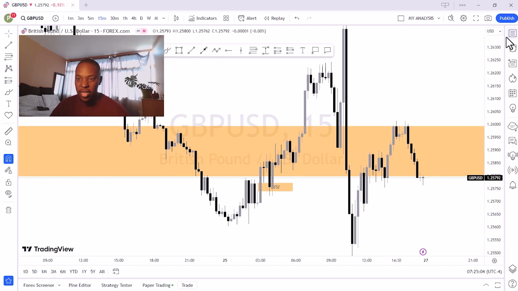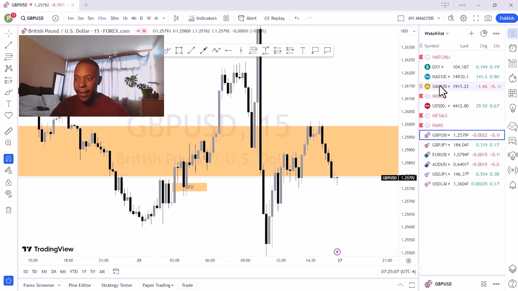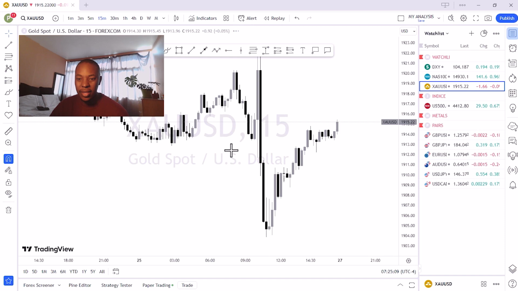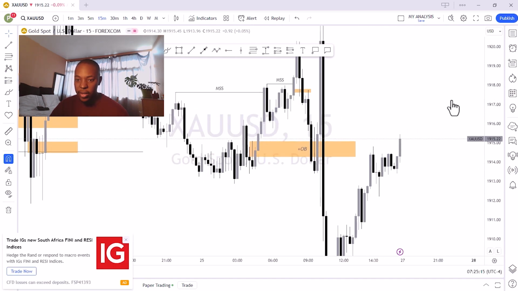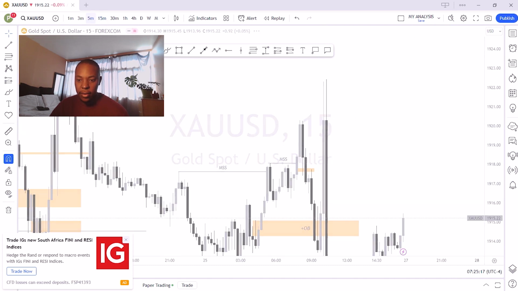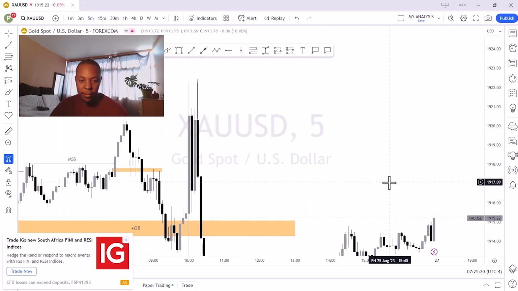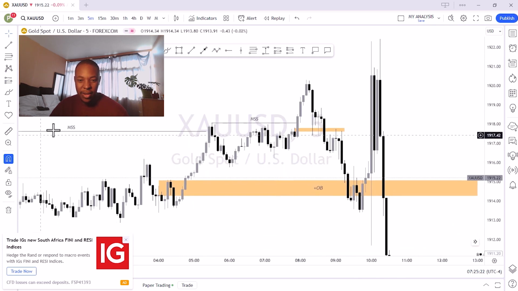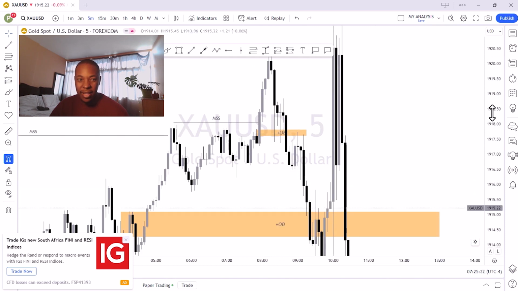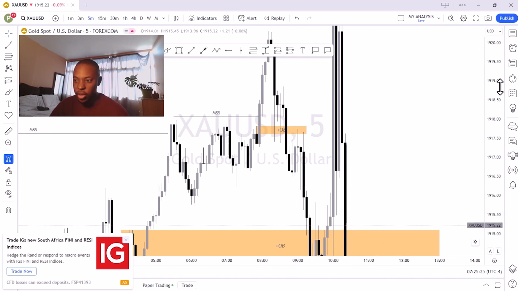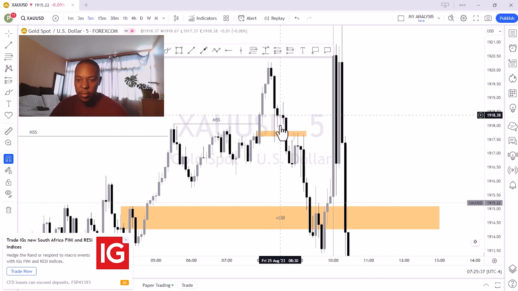And then the next trade that I took was gold. The third trade that I took was gold. I took a buy. Let me go to a lower time frame. I took a buy, as you can see. Had this market structure shift, came back to retest, and then we also had this market structure shift, and then price came down. This order block, that's a 5-minute order block. That's why I took a buy, and then it played out a little bit, and then ended up just